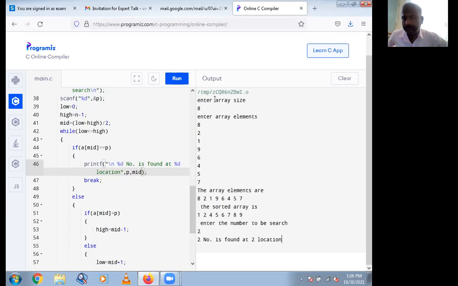If you have any query, write in chat box. We'll take a 2 minutes pause.